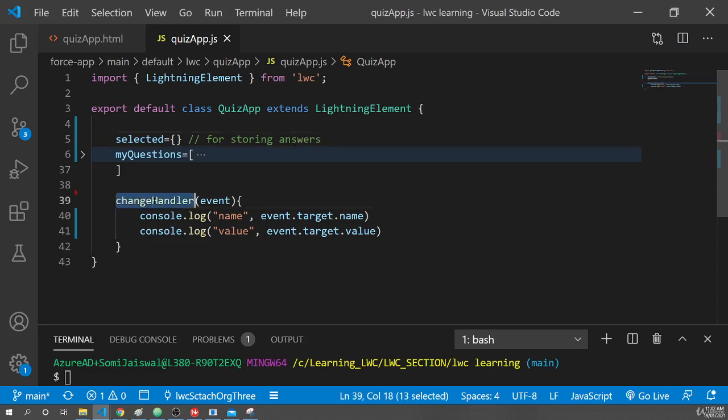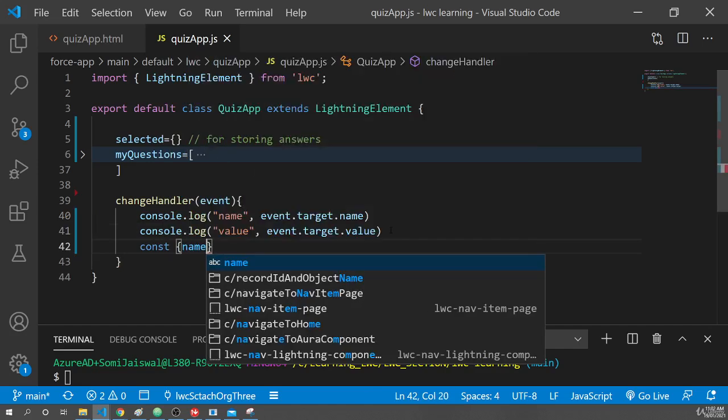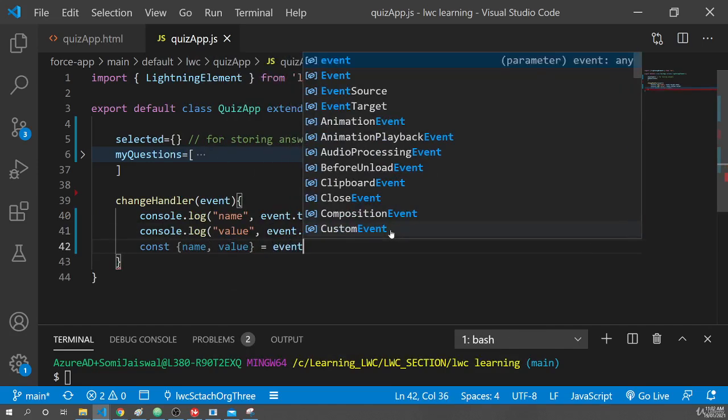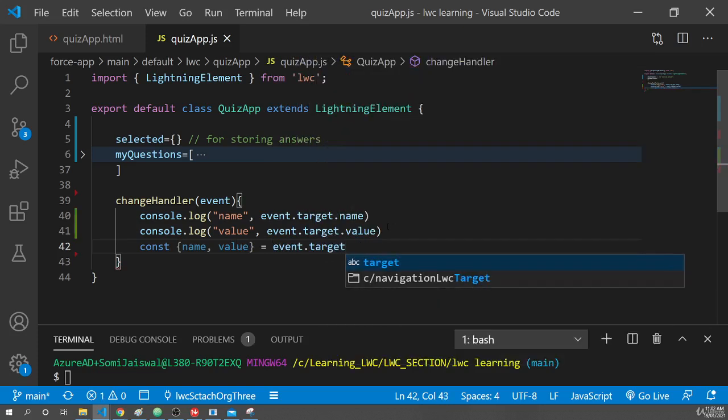And here, whenever the user selects something in the option, this method gets called. You already saw it will give us the name and the value. So what we're gonna do is object destructuring here. We'll fetch the name and the value from event dot target. And if you don't know how it works, I can